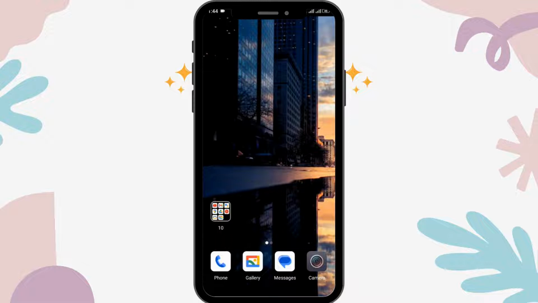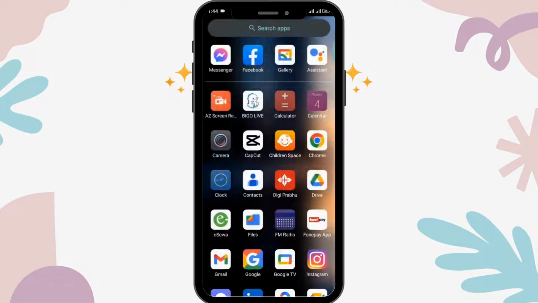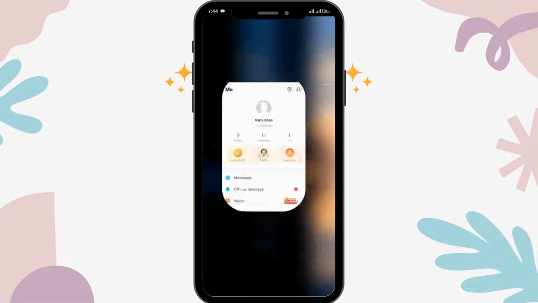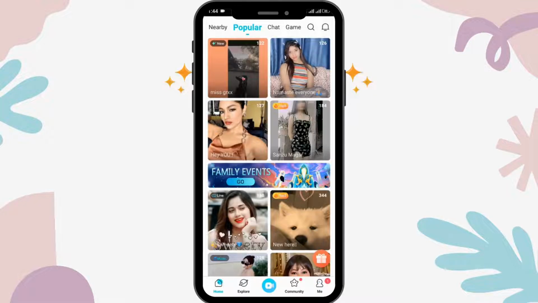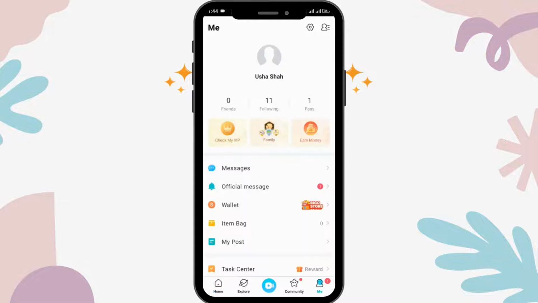So let's begin. First of all, you have to open the Bigo Live app. After opening it, make sure to log into your account. After logging in, you have to tap on the Me option in the right lower corner, and from over here you have to tap on the Settings in the right upper corner,